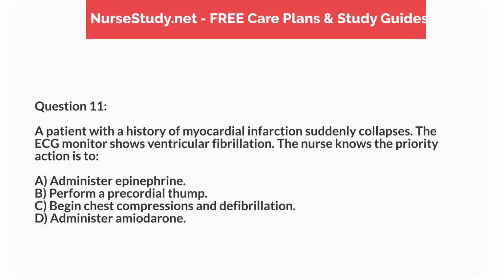Question 11. A patient with a history of myocardial infarction suddenly collapses. The ECG monitor shows ventricular fibrillation. The nurse knows the priority action is to